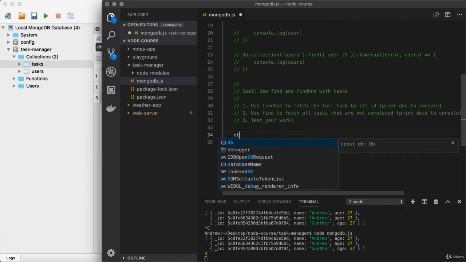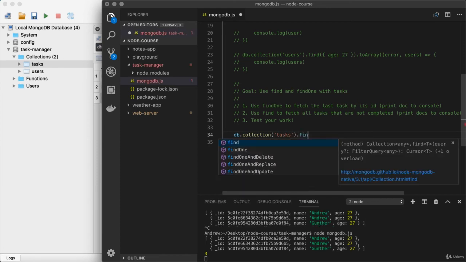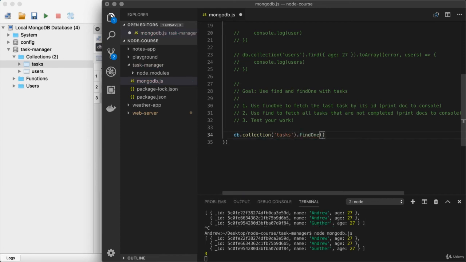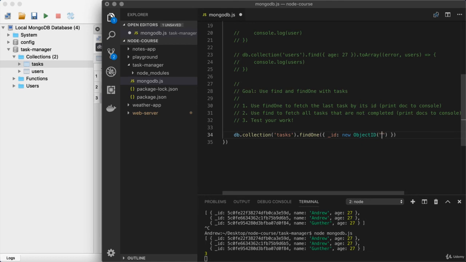mongodb.js. Right here, db.collection, since we are trying to access the tasks collection. And right here, I'm going to use find one to find a document by its ID. So in the query object, we're searching by ID, and I'm searching by an object ID, so I use new ObjectID, passing in, inside of quotes, the object ID value.